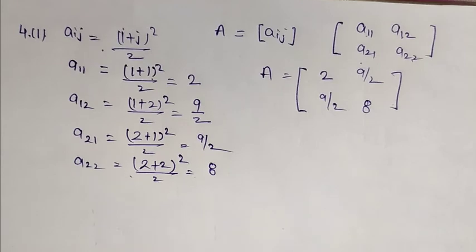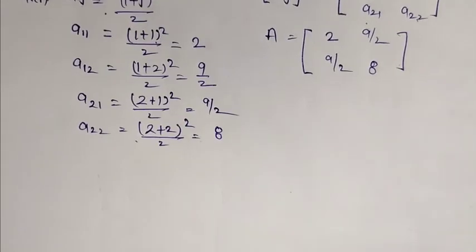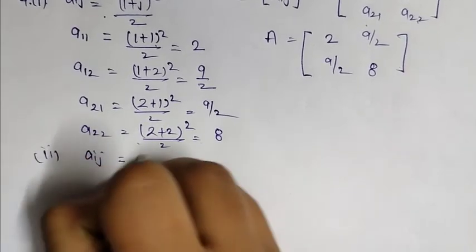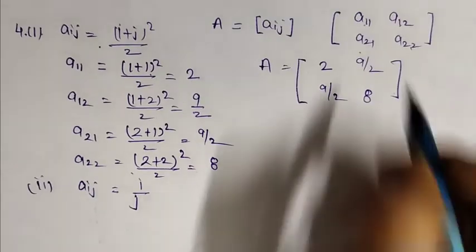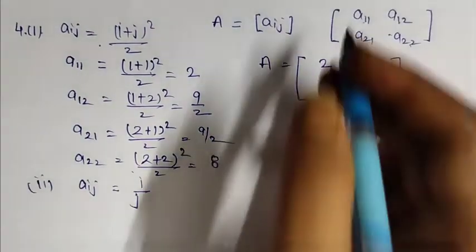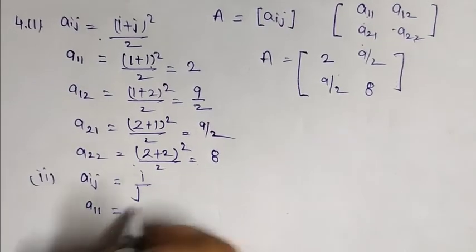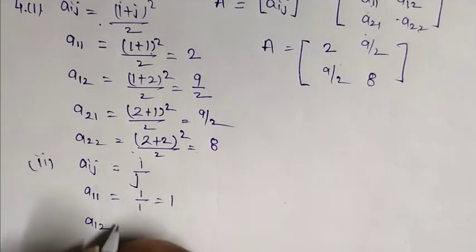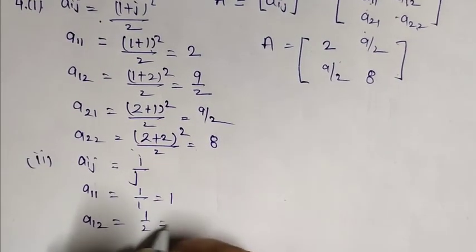Okay, now we are going to solve the second part of the fourth question. Here we have Aij. क्वेश्चन नंबर 4 का जो सेकंड पार्ट है उसमें हमें ए आई जे इक्वल्स टू गिवन है, दैट इज i अपॉन j, एंड अगेन वी हैव टू कंस्ट्रक्ट अ 2 by 2 मैट्रिक्स लाइक दिस. Okay, so when we put A11, it means i equals to 1 and j equals to 1, we will get 1 by 1, that is also equal to 1. When we put A12, that means i equals to 1 and j equals to 2, we will get 1 by 2.